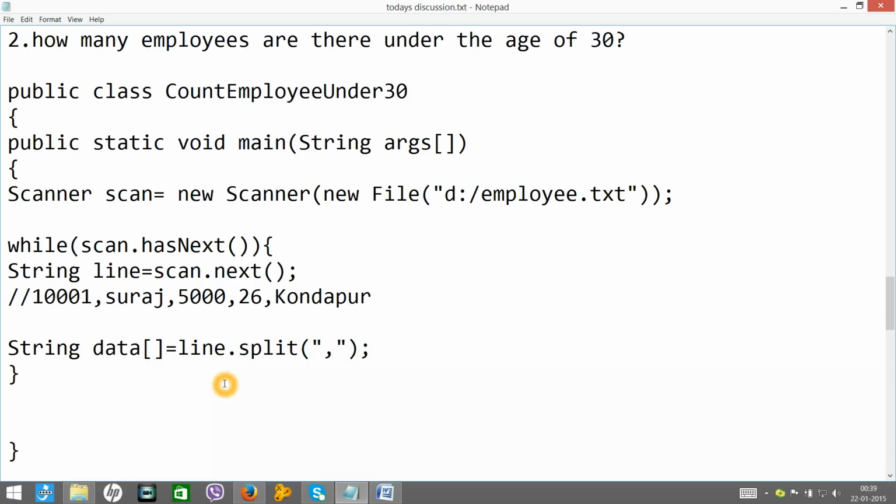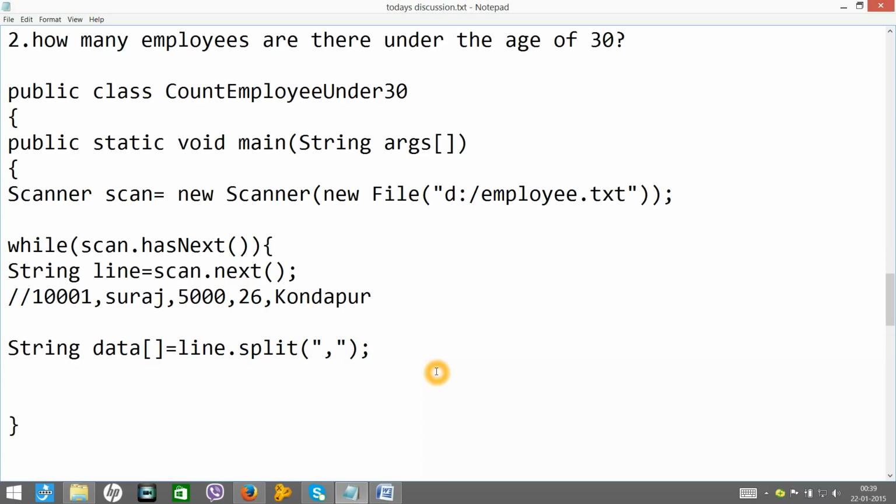I'll split this line and store it in the array. When you split on comma, all these 5 strings will be stored here: data[0] will contain this, data[1] this, data[2] this, data[3] this, data[4] this.